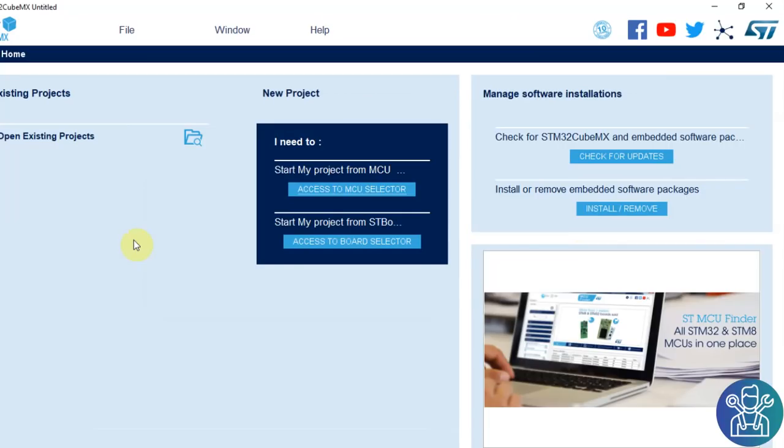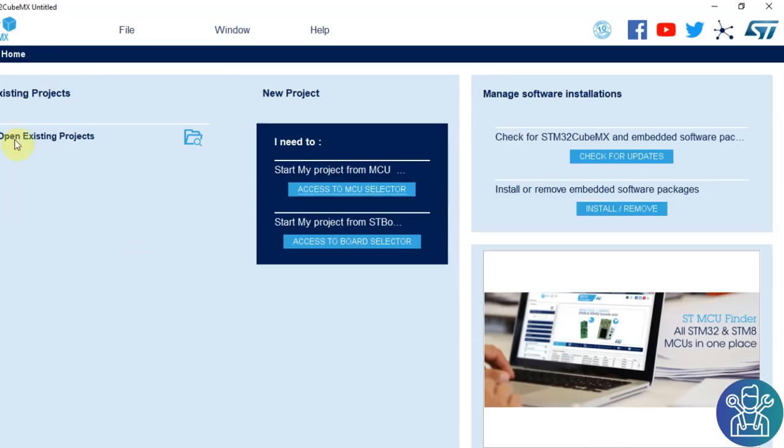This is the new STM32CubeMX. As you can see, it has a different GUI, but most of it will be the same as the previous CubeMX. I will not go over all the features and everything. If you want to learn about the CubeMX, the best way is to go back and view the few training videos that I made on the STM32CubeMX, and then come back here, as I'm showing only the updated